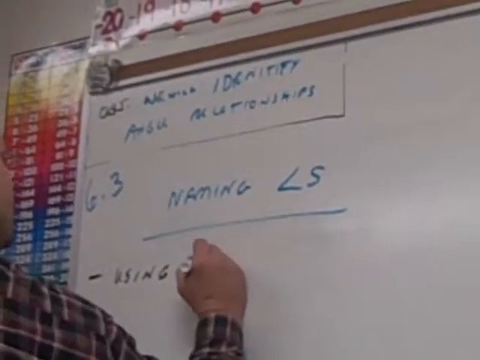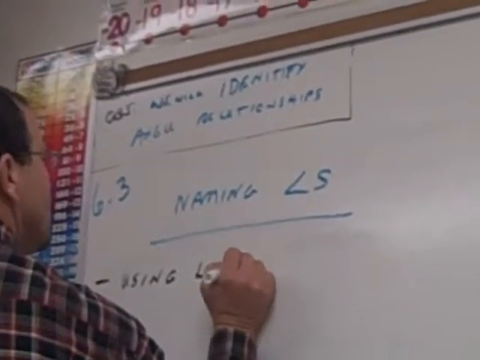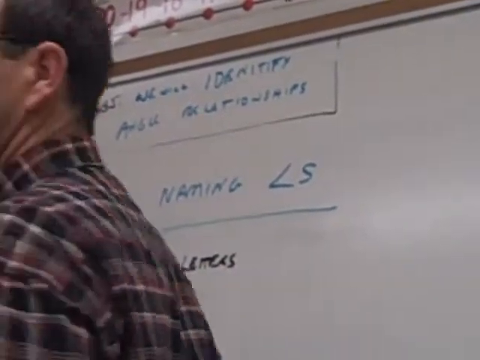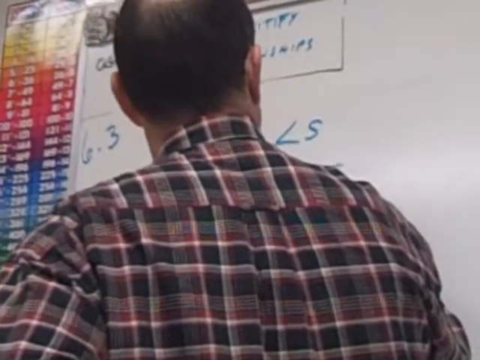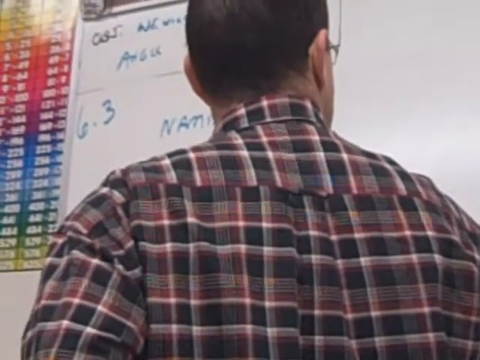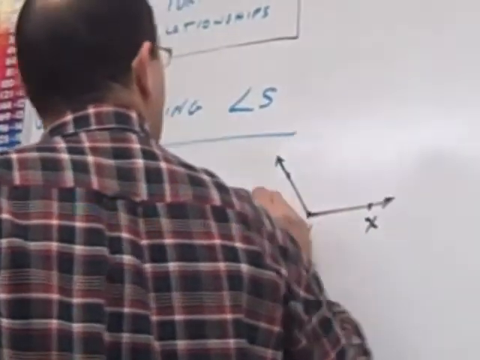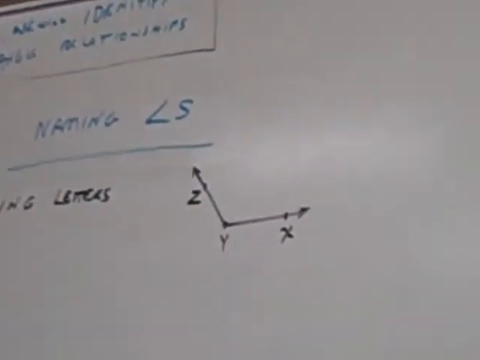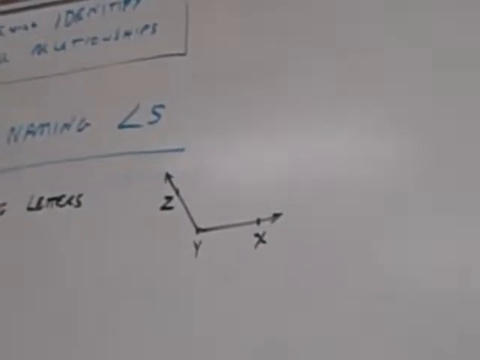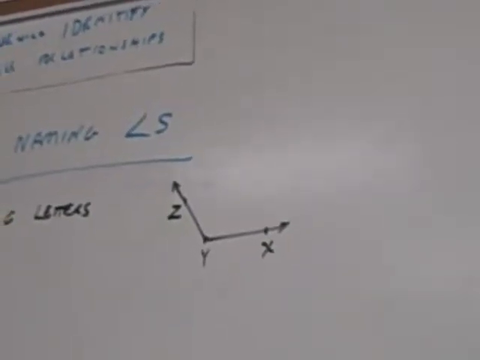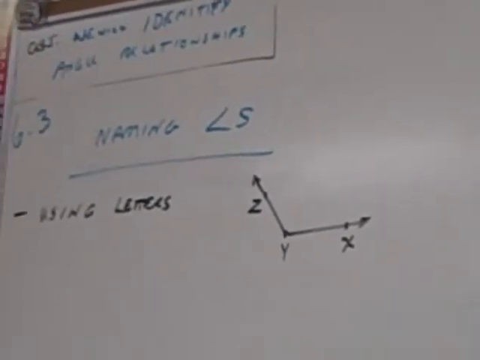Using letters. We name angles using letters. Okay, so slap one down. Let's call that X, that Y, and that Z. Now, if we're asked to name that angle right there,